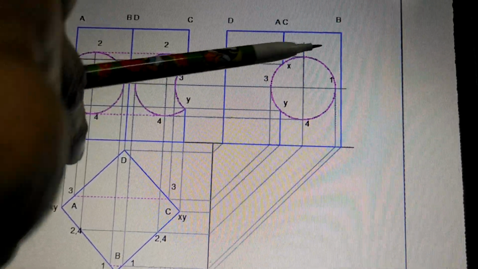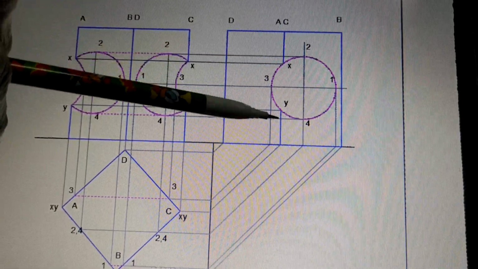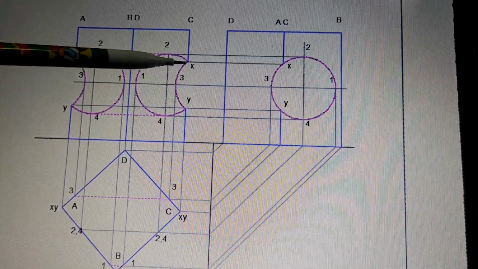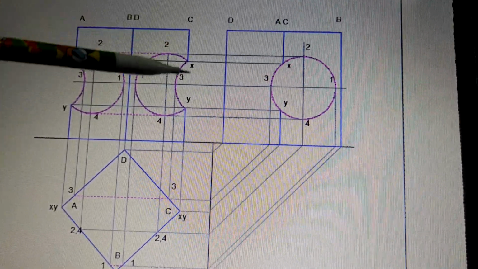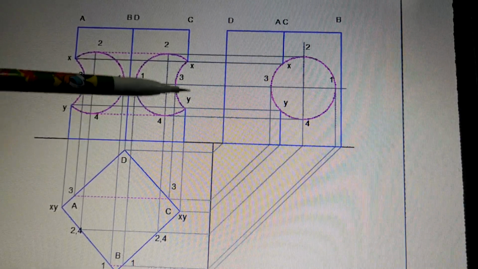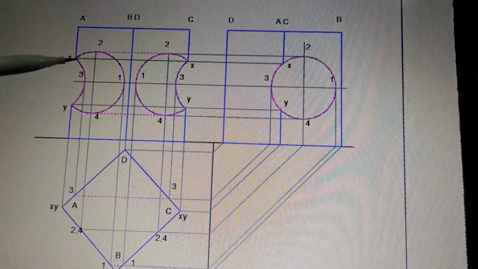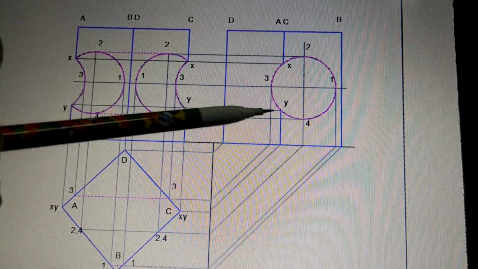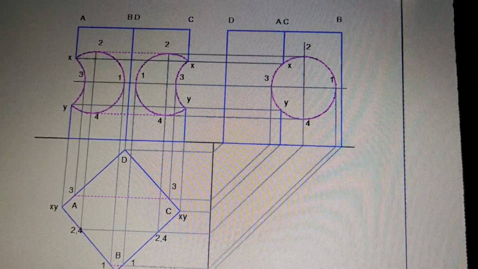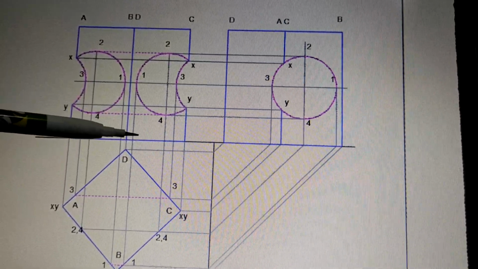So like that we have marked all the 4 points in these views. After that, let us find out the points X and Y which are intersecting the edge. X is here, so we project X here. Because this is the edge A, C, this is the edge C. We can do it here now, here also. So X is here, therefore X is here. Similarly, X is also present in the same line, therefore X is here. In the same way, Y is here, on this line there is Y, project Y is here, Y is here. So you have to just project the points by making use of projector lines and also imagining how they are present, at what place they are present.